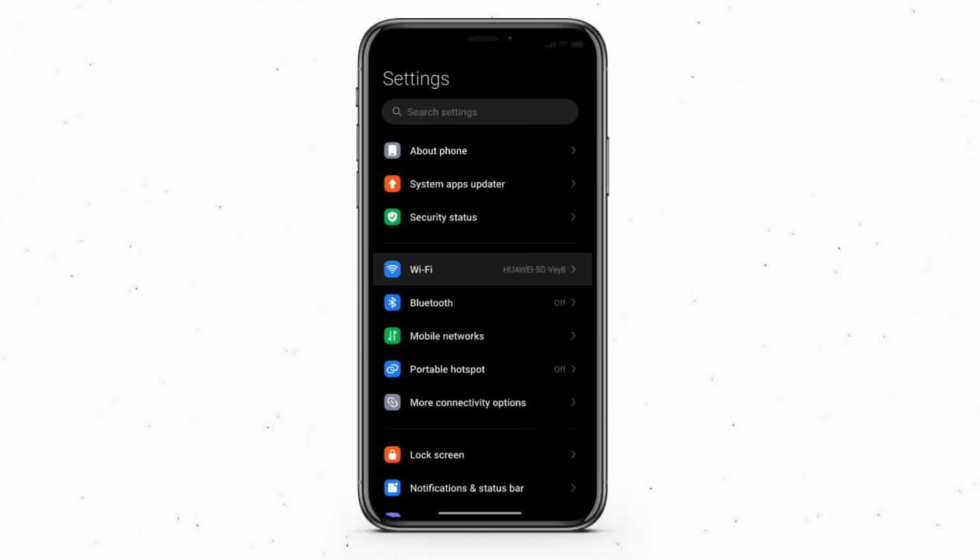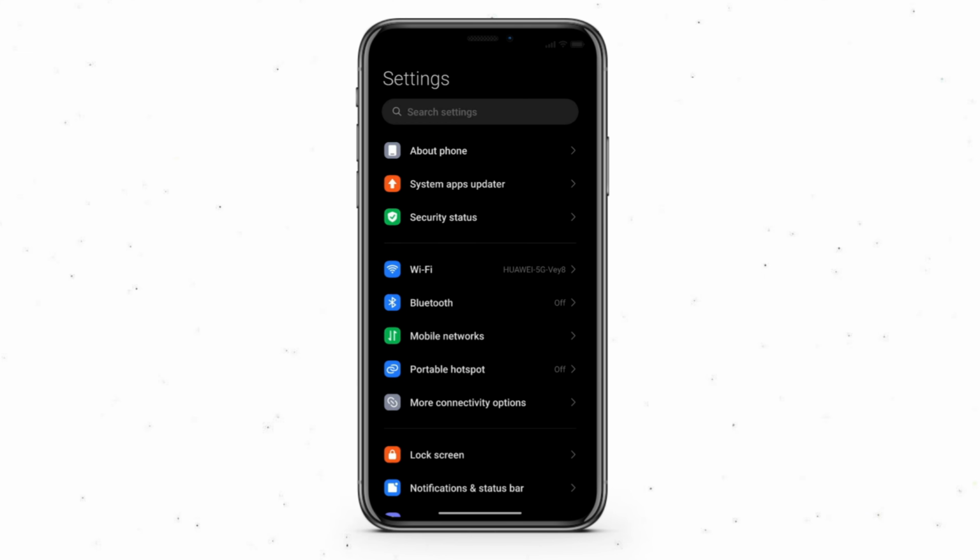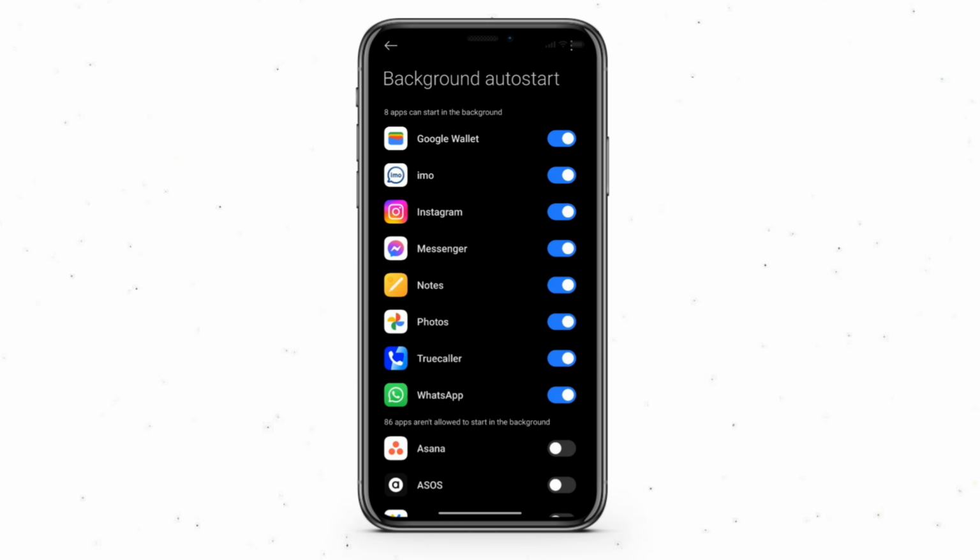Also, make sure that you switch from your Wi-Fi to your cellular data, because cellular data will help it lag much less, especially if there's any pressure on that Wi-Fi signal from the house or from anyone else connecting to it. Finally, you can go to background auto start or background refresh depending on the phone that you have, and